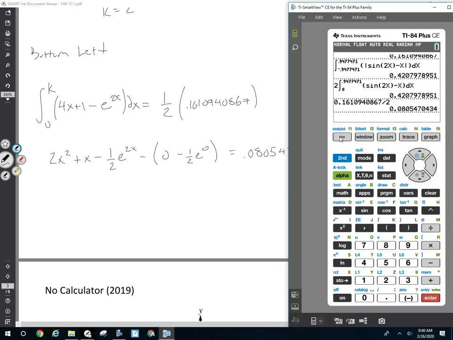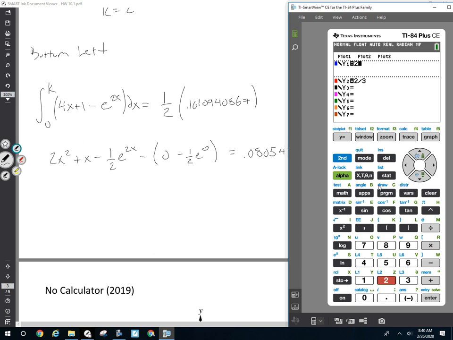I will graph to solve this crazy equation, but our calculator will help us. 2x squared plus x minus 1/2